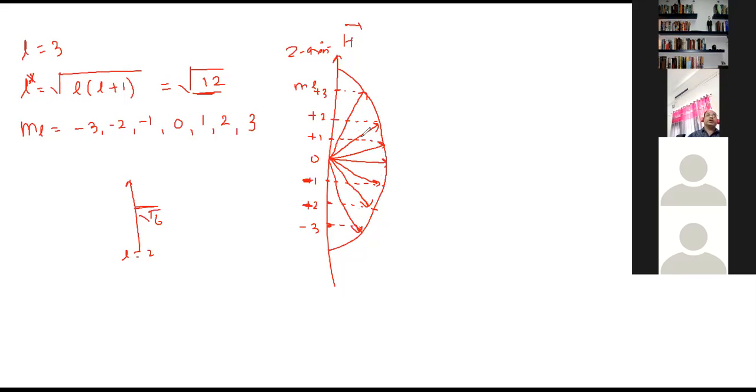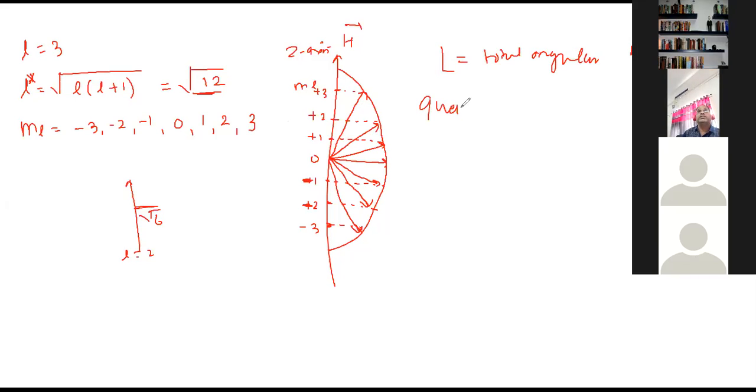It's so simple, so that you are able to draw the orientation of the electron in the direction of ML. Are you getting? In the direction of ML, you can draw the orientation. So quantization of the direction of L bar with respect to the external magnetic field means quantization of this L, because L remains as the total angular momentum. Is it right? It is the total angular momentum.